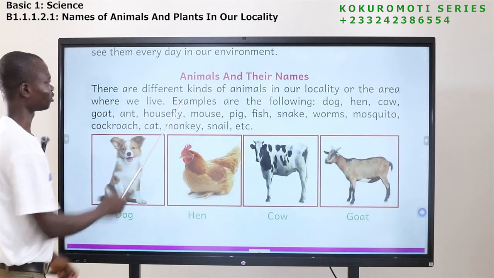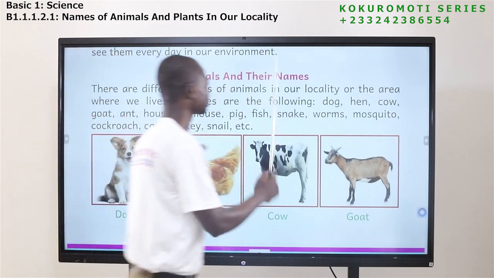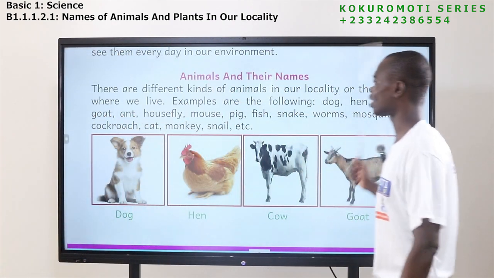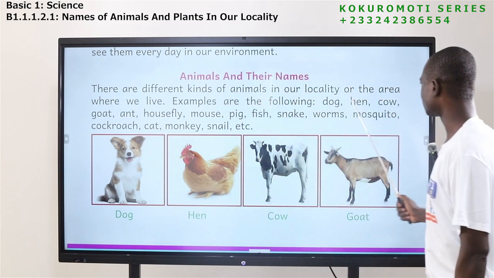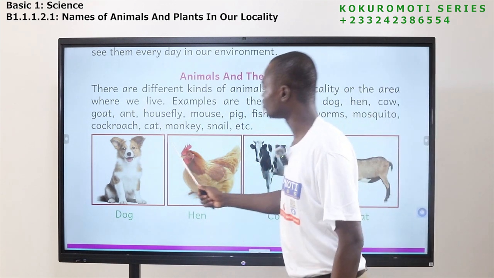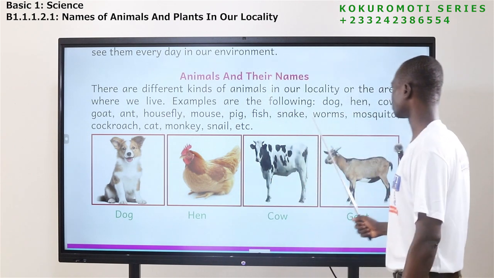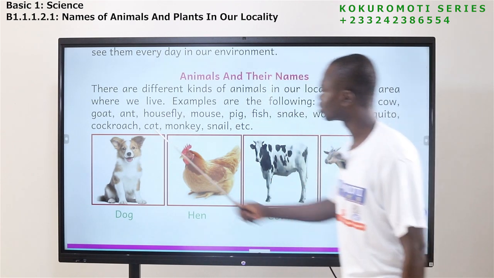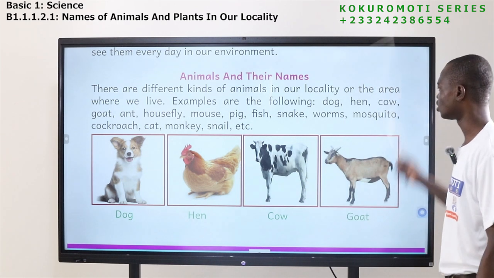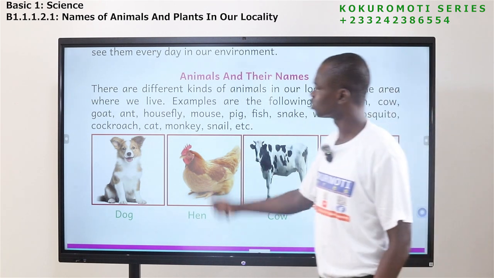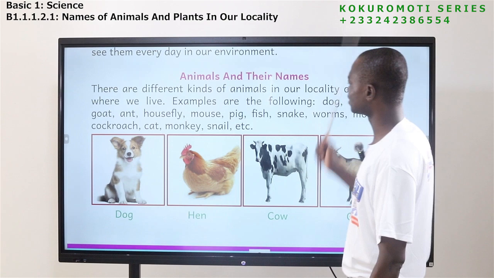Let's continue. Animals and their names. There are different kinds of animals in our locality, the area where we live. Examples are the following: dog, hen, cow, goat, ant, housefly, mouse, pig, fish, snake, worms, mosquito, cockroach, cat, monkey, snail,